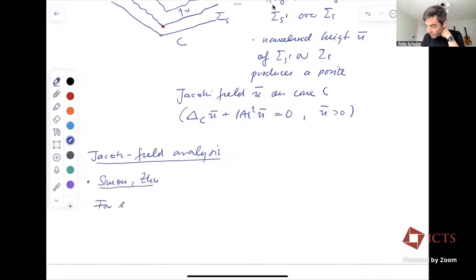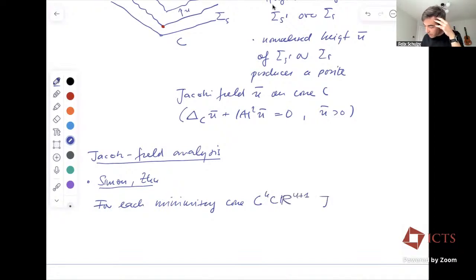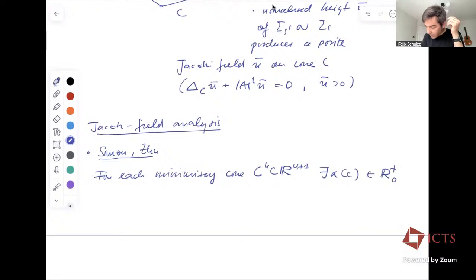For each minimizing cone, so no restriction on the singular set, there exists an alpha of C in R plus, actually R plus with 0 included, such that all positive Jacobi fields,